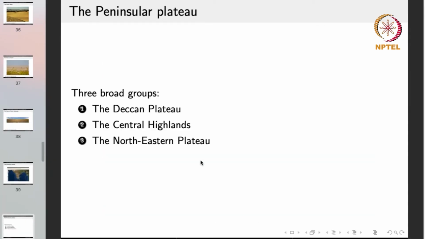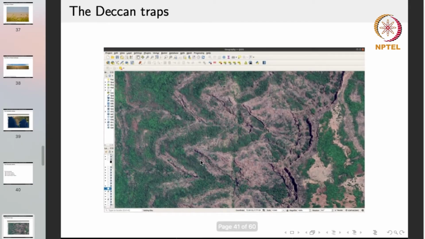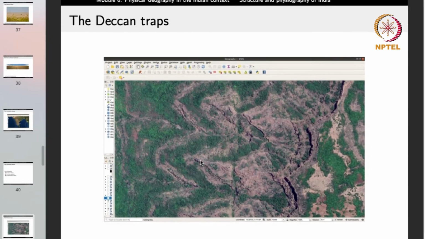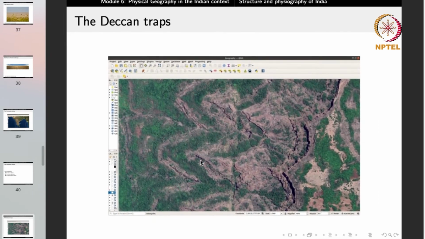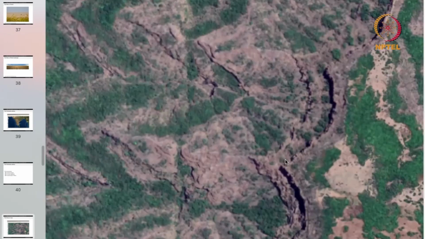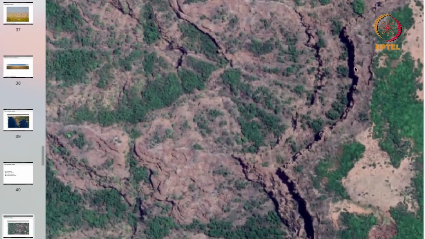Now the peninsular plateau is divided into three parts. We have the Deccan Plateau, the Central Highlands and the Northeastern Plateau. The Deccan Plateau is characterized by the Deccan Traps. Now the Deccan Traps, so if you look at this image, here we are observing that we have a staircase like pattern